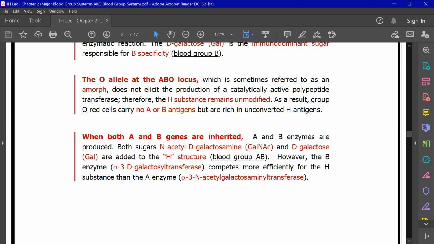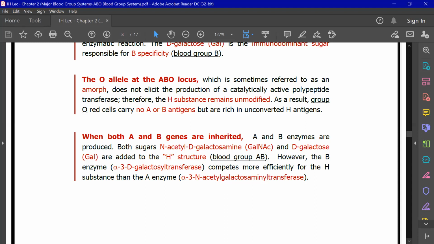However, you have to take note, class, that your B enzyme competes more efficiently for the H substance than your A enzyme. Okay, so in the inheritance, anong ibig sabihin ng statement na to? So in the inheritance of your A and B genes, okay, mas maraming mako-convert na H antigen into your B antigen compared to that of your A antigen. You have to take note that the inheritance of both your A and B genes results in the conversion of your H antigen into both